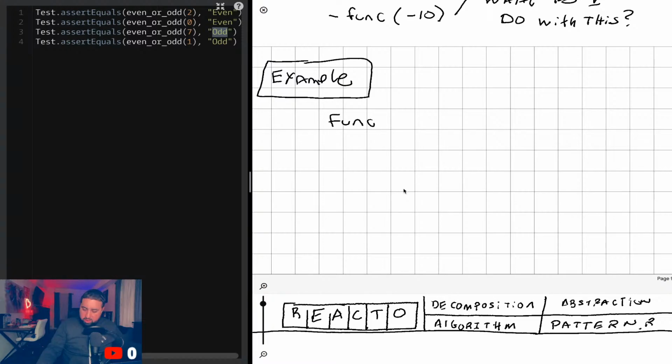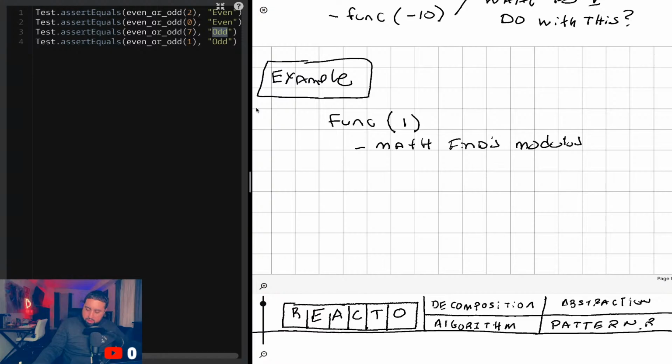So if I have a function here that has passed in the number 1, it's an integer. So I need to say something along the lines of, if I were to get 1, it's probably safe to say that I would need to do some math in here, right? Some math of some sort that finds the remainder of that number. So is it odd or even based off, was it the modulus?